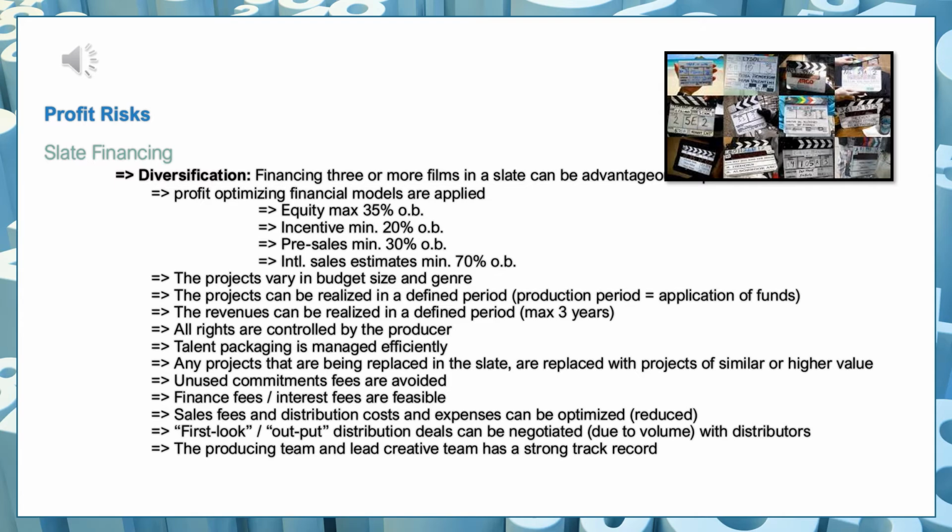We'll obviously want to make sure that whoever is selling our movie is doing it for a reduced sales fee, because we are providing a volume which in turn can optimize our profits. We also want to think about, and ideally enter into, some kind of first look arrangement with certain buyers. When we do slates and we provide a volume of content, those conversations can be had, which means we can automatically plug in certain distribution deals without having to shop around or do pre-sales.